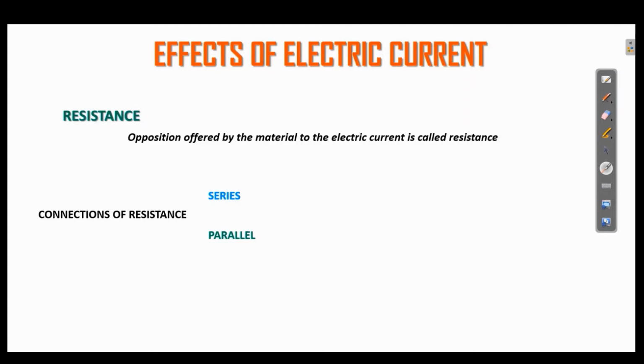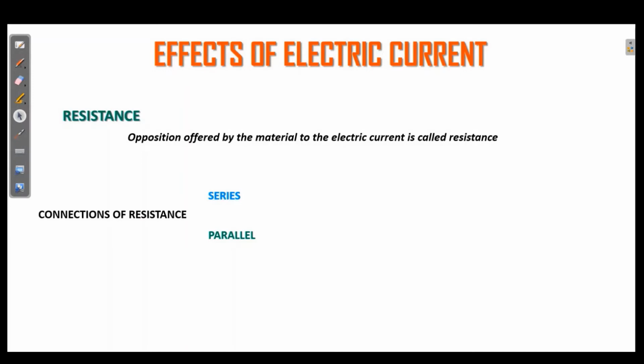We can connect resistance in two different ways, series and parallel. I think all of you are familiar with serial lights, right? They are connected in series form. And about parallel, just think of the method we use to connect our light, fan, and switch in your house; they are connected in parallel. We have connected all the devices across the 230 volt supply voltage. So we can learn series and parallel by doing a simple simulation.